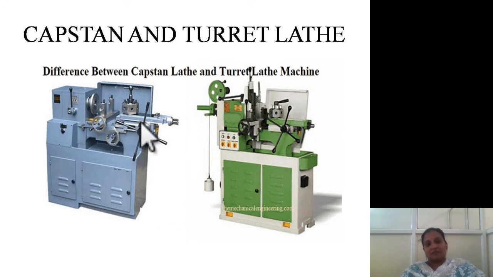So this capstan turret is very small in size, and you can make components only up to 60 mm length. So here this turret cannot be moved for longer distances. So it is very limited. You cannot produce many different types of components of various lengths. Here the length is limited. But the advantage is the turret will move and give support so that you can make different operations, and this turret cannot move in the sideward direction, it will be stable.